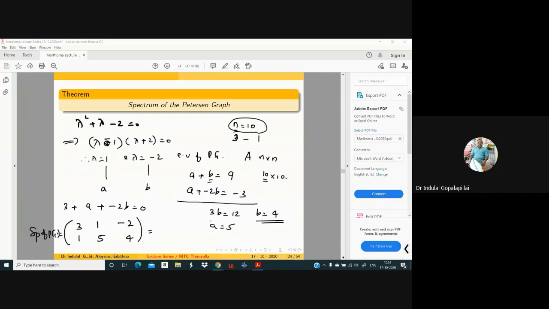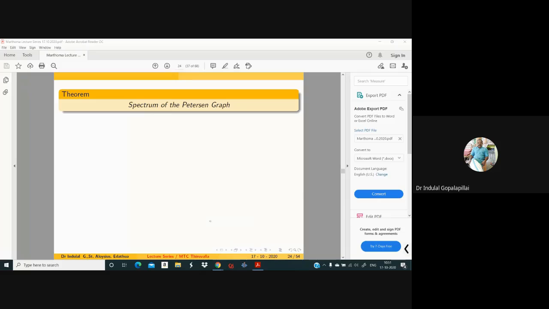Decomposition of a graph is the writing of the graph as the edge disjoint union of certain graphs. The simple definition of decomposition is this: if G can be expressed as the edge disjoint union of certain graphs, then we say G is decomposed into those graphs. Now consider K10, the complete graph on 10 vertices.